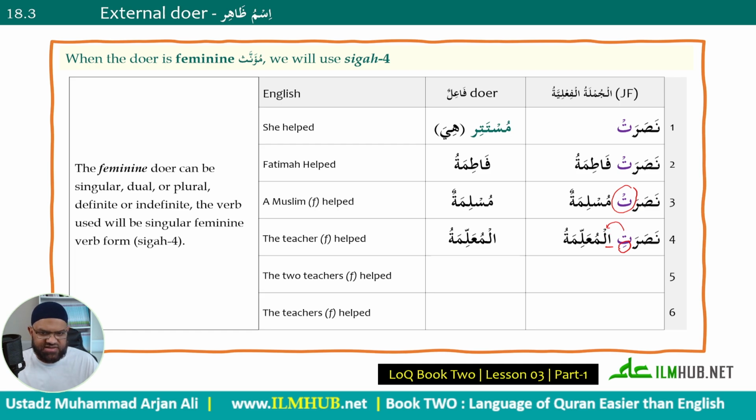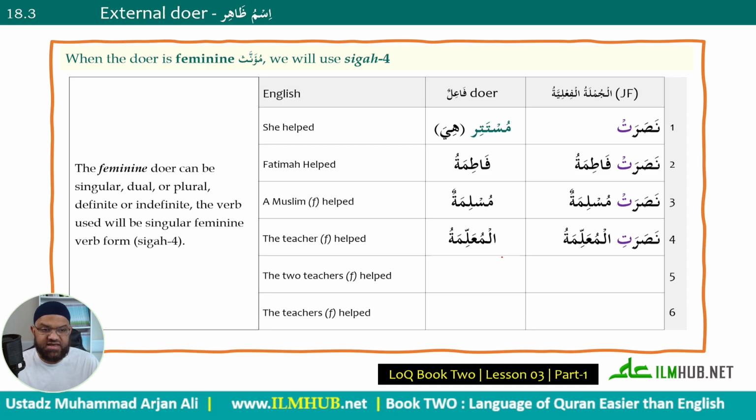And this is nothing to do with the rules of grammar. It is to do with the rules of reading. And therefore, the ta with sukun changes to a kasra. So the opposite to facilitate the reading when two sukuns come together. This has been covered in book 1, inshallah ta'ala, just in case you've forgotten. So I'll share that with you. So Nasarat and Nasarati is the same, because of the meeting of two sukuns.